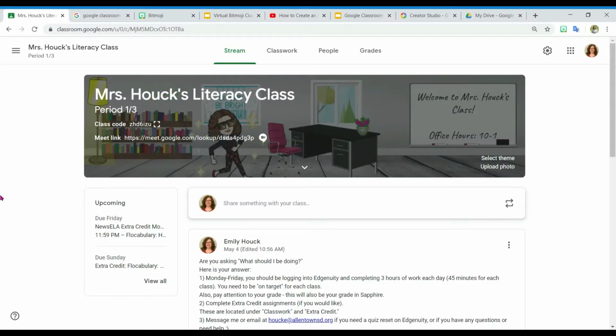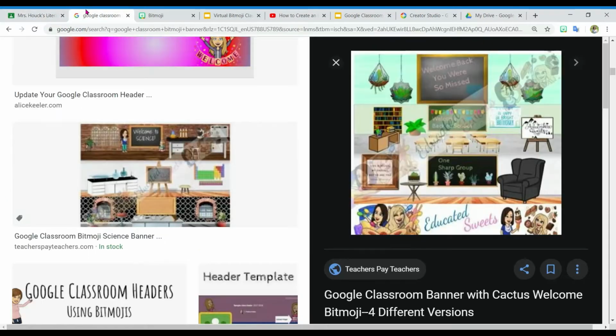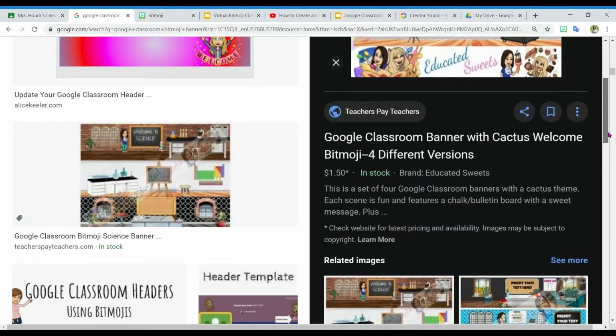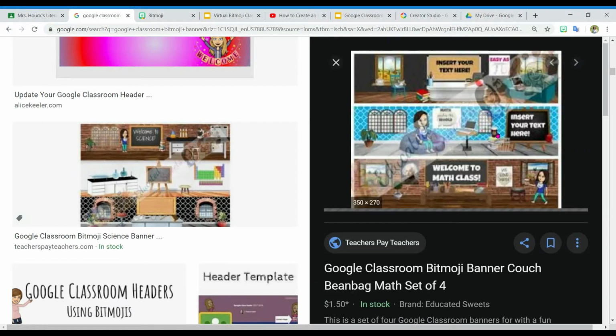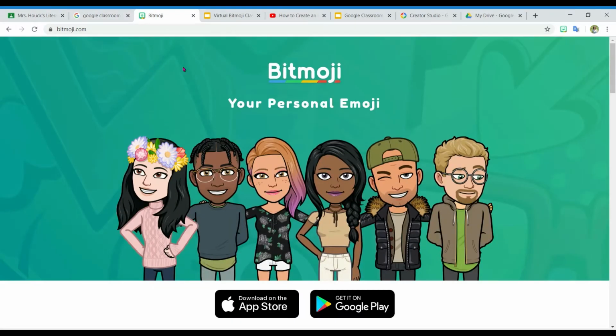Welcome. So today we're going to be talking about how to create this Google Classroom Bitmoji banner that I'm sure you've been seeing in different places. They're very popular. You can buy them on Teachers Pay Teachers. There's many different options there if that's something you'd like to do, but they are easy to make using Bitmoji